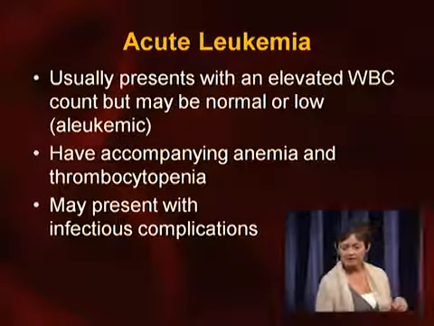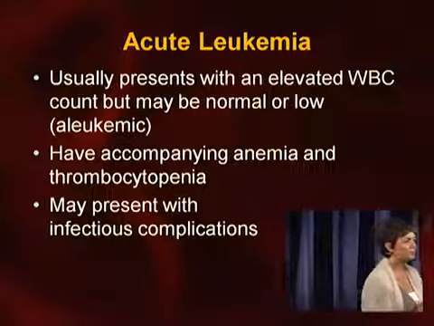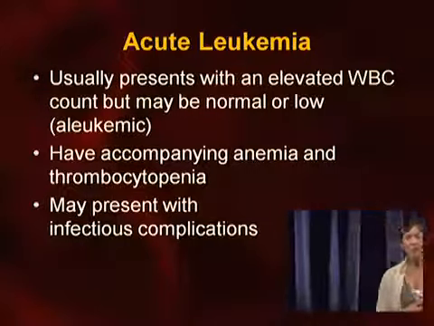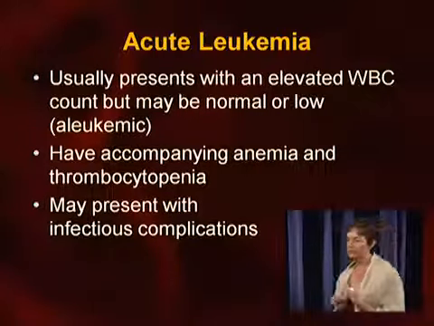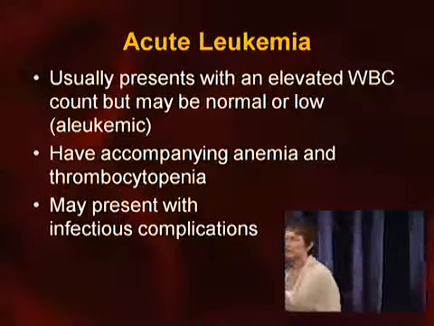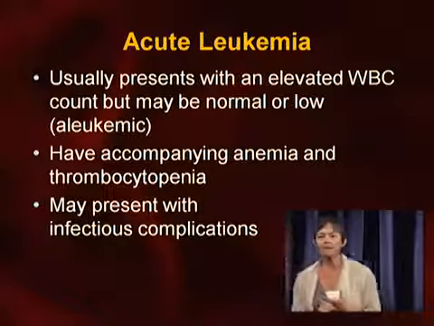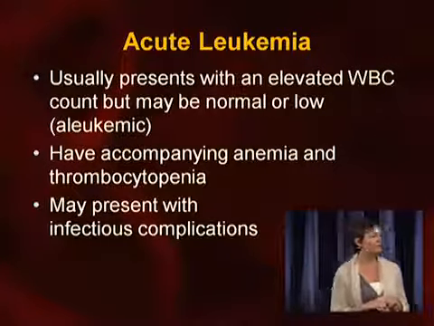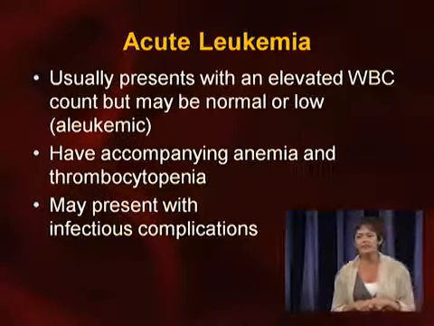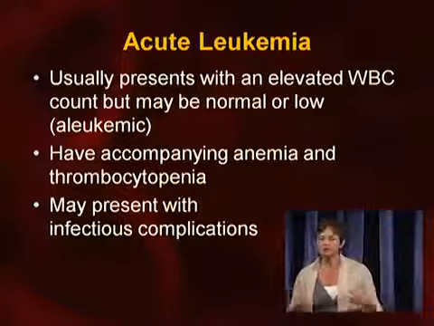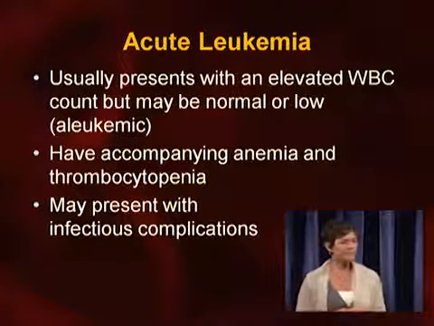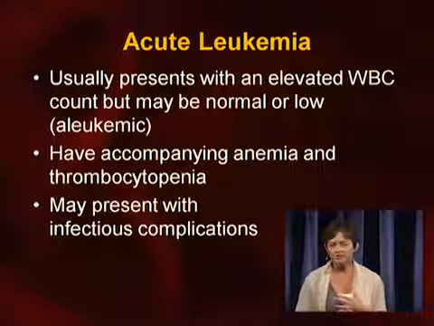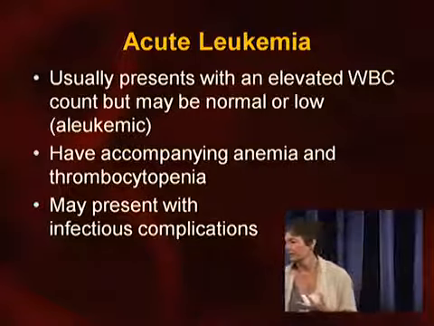Okay, so acute leukemia typically presents with an elevated white count, although occasionally it'll be normal or low. Typically those patients are also going to have a concomitant anemia and a concomitant thrombocytopenia, because the marrow is now full of immature cells, and so there's no room for the other cells to be there. A lot of times they will present with some infectious complication, although they may present with anemia